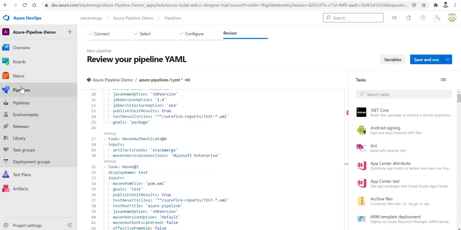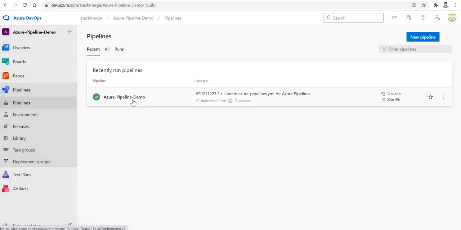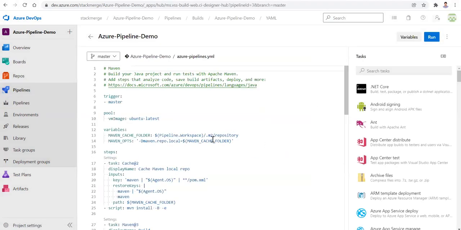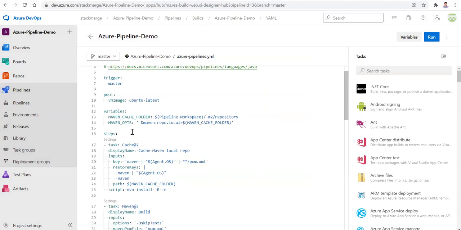I don't want to save it. So I'll now show you how it looks. This one, edit. Let me show you step by step. This part will take care of the caching, caching those downloaded dependencies. The first time it definitely takes the same time it actually requires, and from that point, it will take dependencies from the cache.